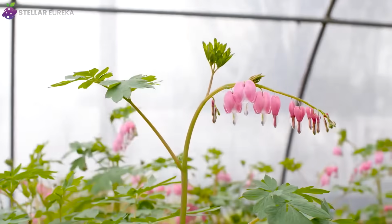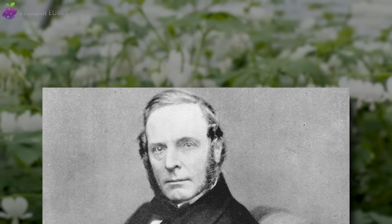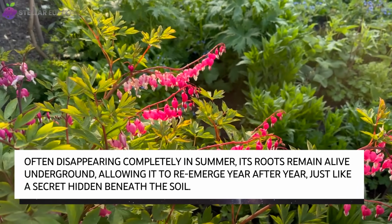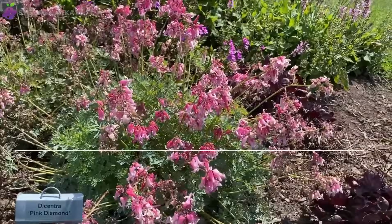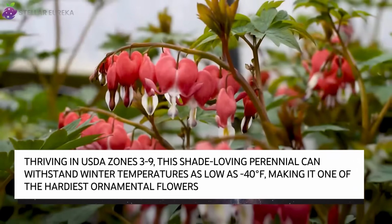First introduced to Europe in 1810, it was later reintroduced in 1846 by Scottish botanist Robert Fortune, who found it thriving in Chinese gardens. Its graceful arching stems, reaching up to 3 feet tall, have made it a beloved addition to shade gardens worldwide. The plant is a true spring ephemeral, blooming in cool weather before vanishing into dormancy as